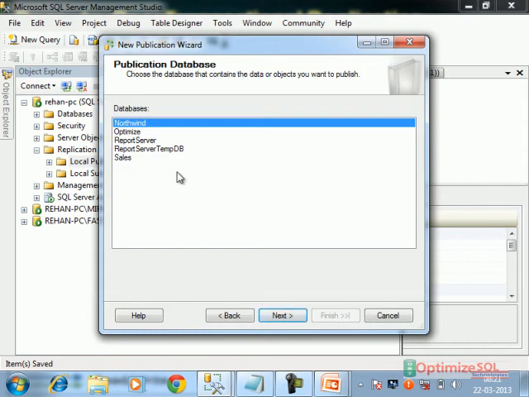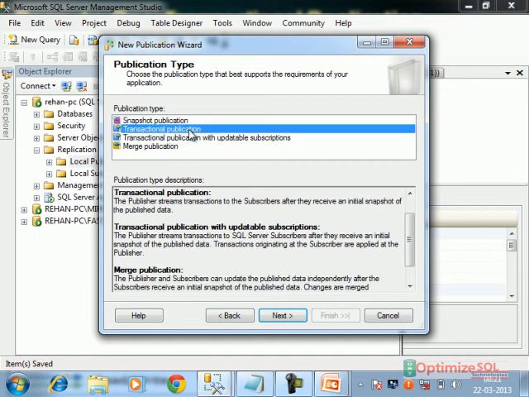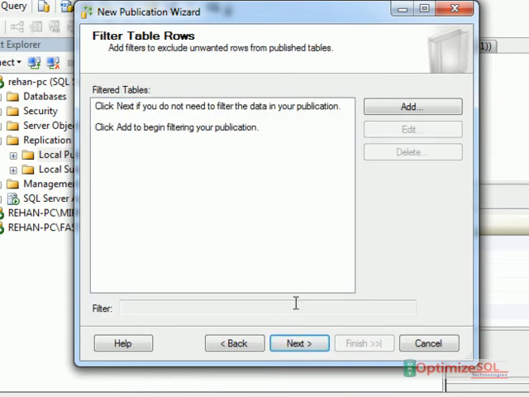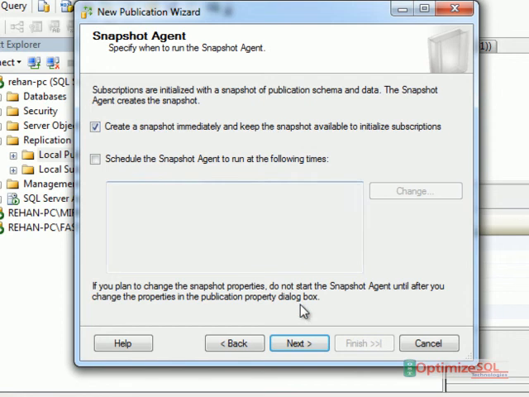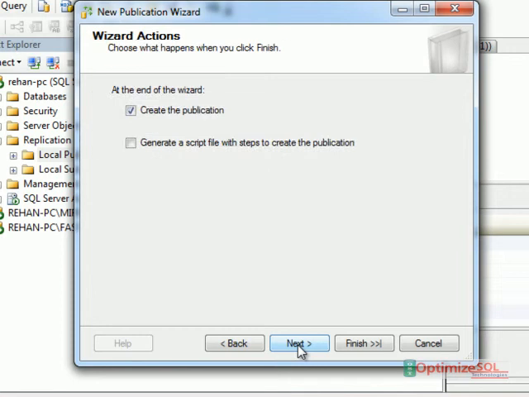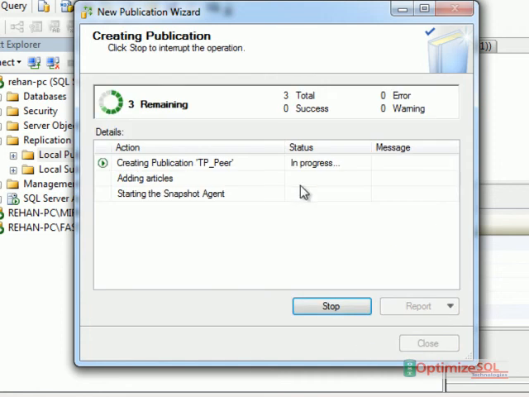Next steps are the same, sales database, but here we have to select transactional publication. This is also a transactional publication only. Next, select the tables. Next, create the snapshot immediately, configure security. Next, finish. Provide the publication name, something like transactional publication in peer-to-peer topology. Finish. This is how I have created one transactional publication.